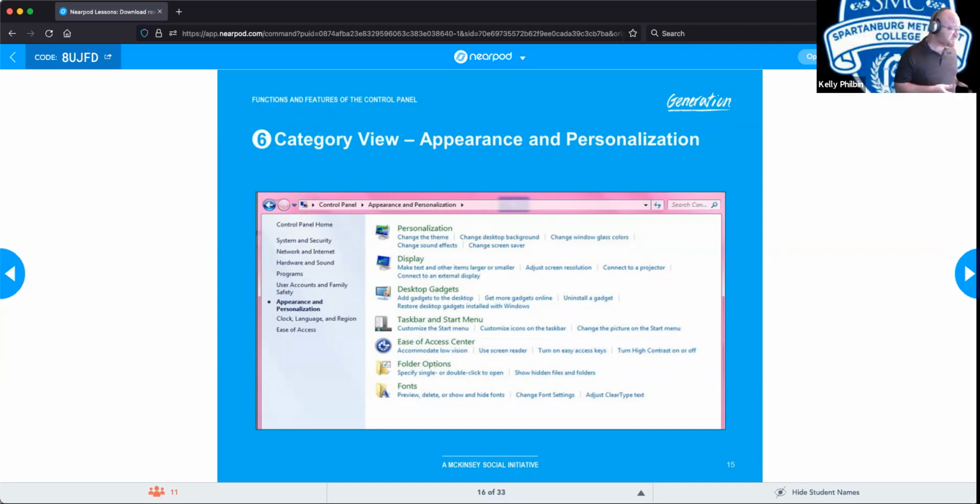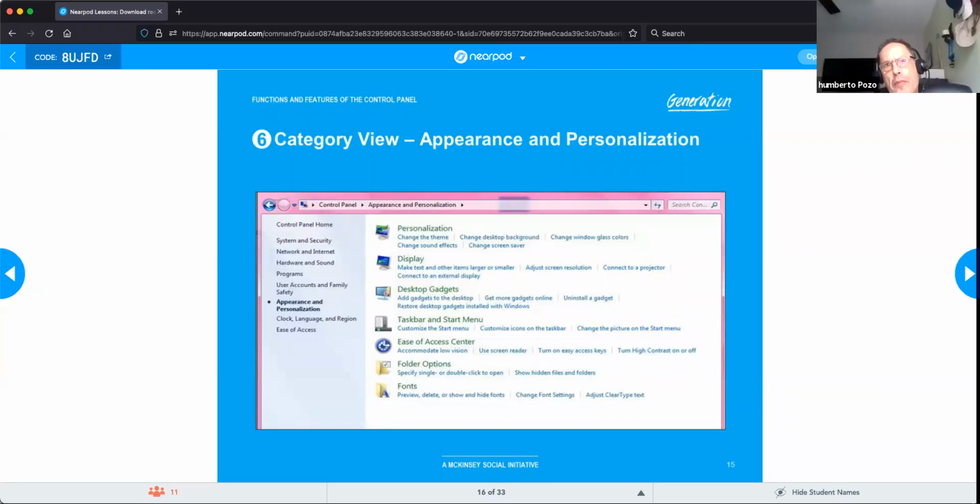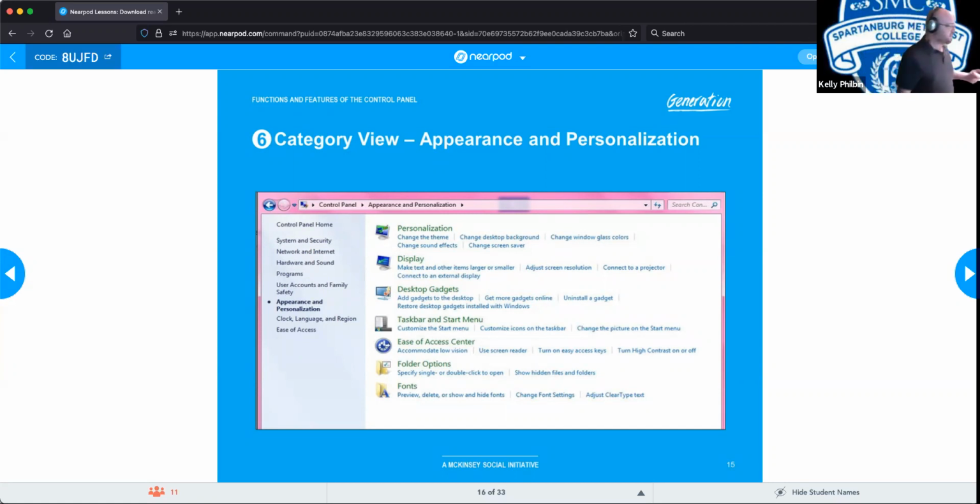as well as Ease of Access Center. It allows you to accommodate for the visually impaired. You can implement a screen reader, so if there's text on the screen, it can be initialized so that it'll read it. Somebody who is not able to read or maybe is blind can hear it. Also, there are specialized keyboards that will actually print out text into Braille on the keyboard itself. So there are accommodations that can be made